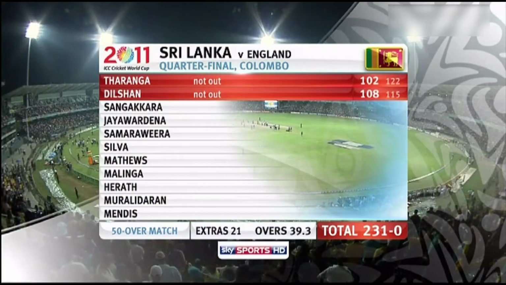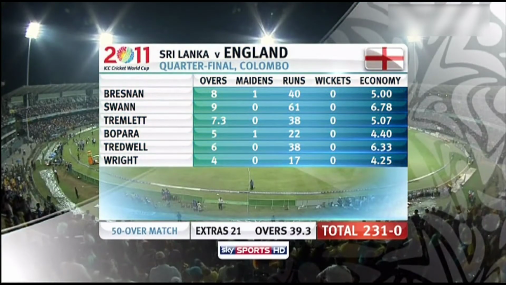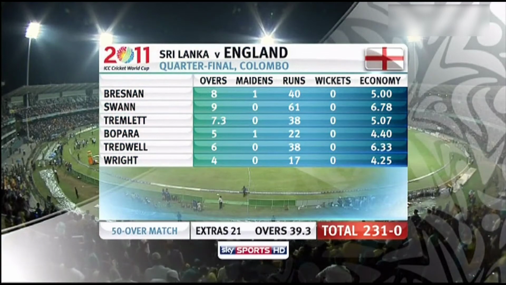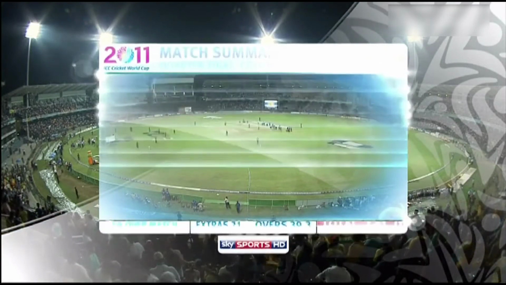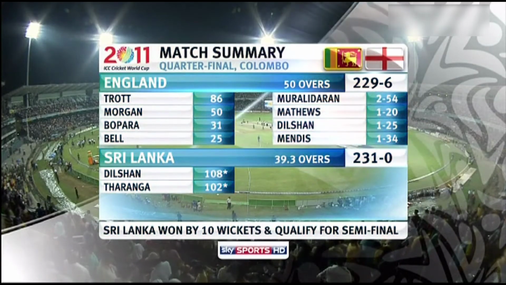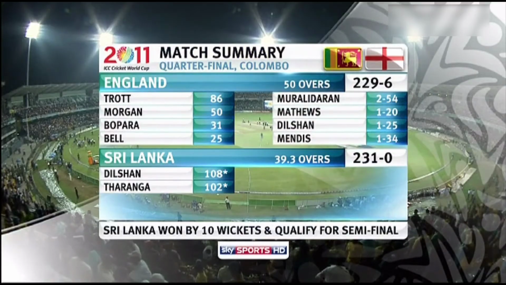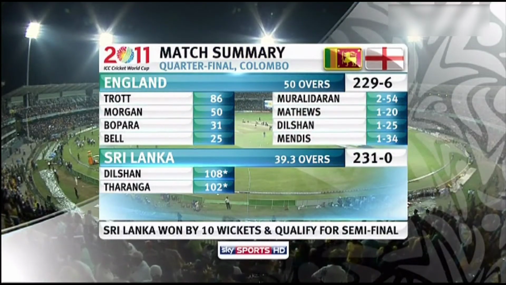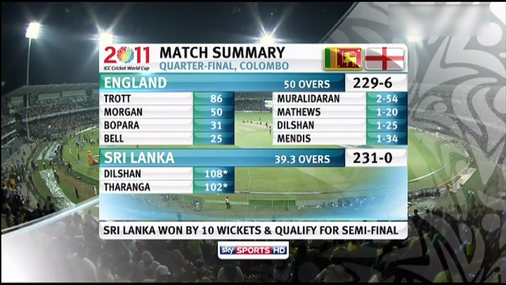England tried their best, but on this occasion they were simply outgunned by 2 batsmen at the top of their game. Even Swan on the pitch that was turning a bit couldn't turn on the old magic. And you got the impression that by the end of it, England simply ran out of puff. Sri Lanka the winners then, and they will now meet New Zealand on Tuesday, again in Colombo, and they will start that match, I'm sure, as red-hot favourites. Well, still with me, albeit a little